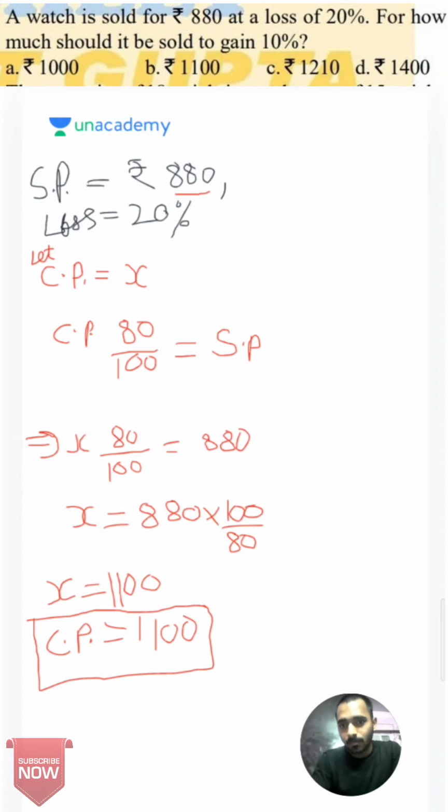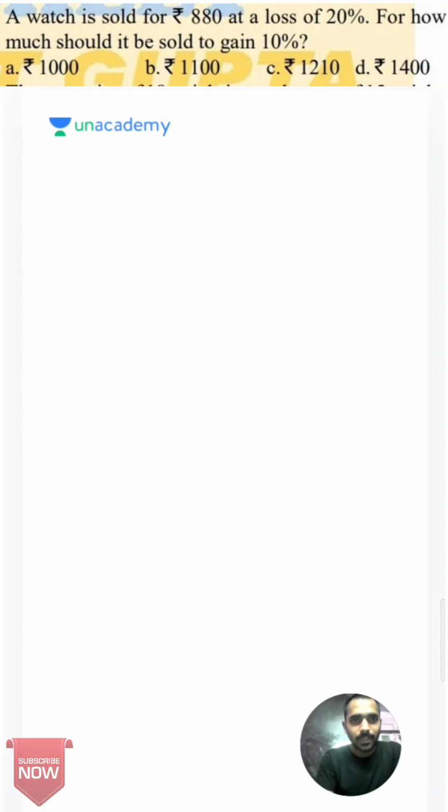So 10% of cost price, we have our CP, meaning cost price, that is 1100, and now plus 10% is equal to our SP, meaning new selling price,